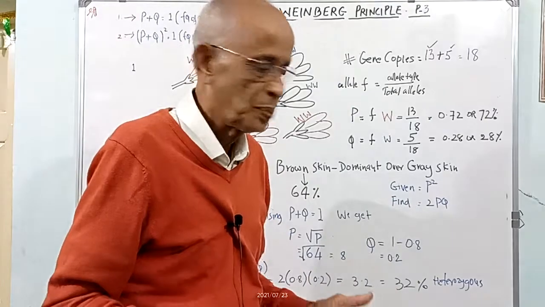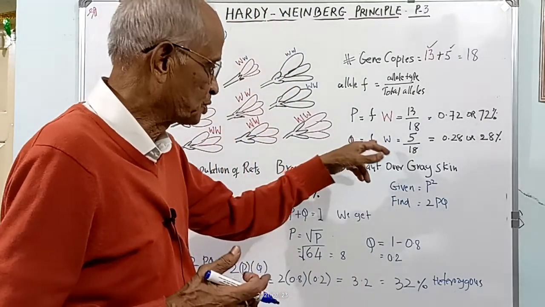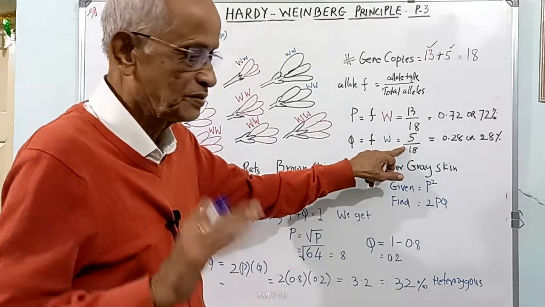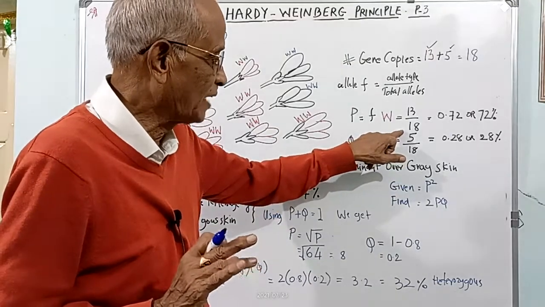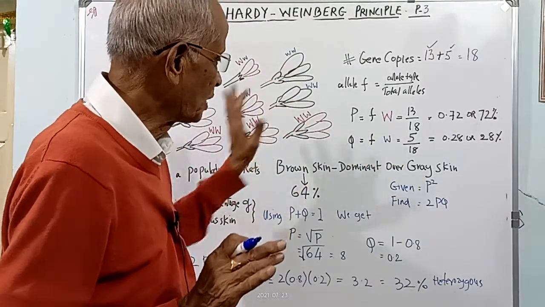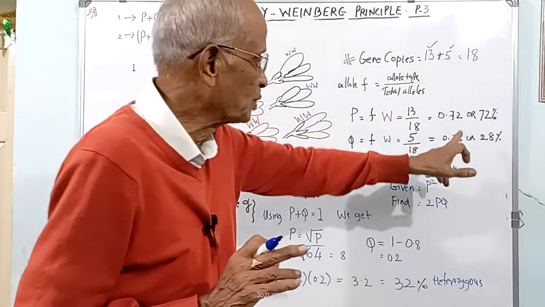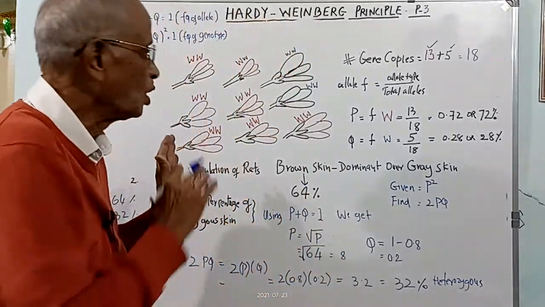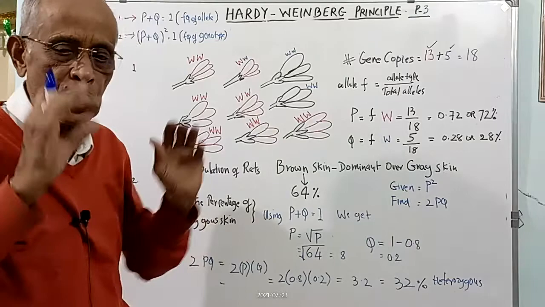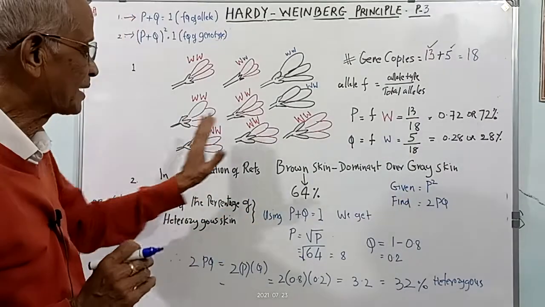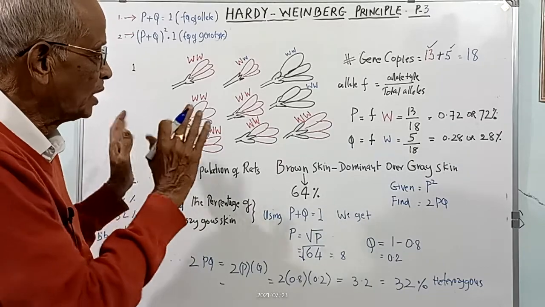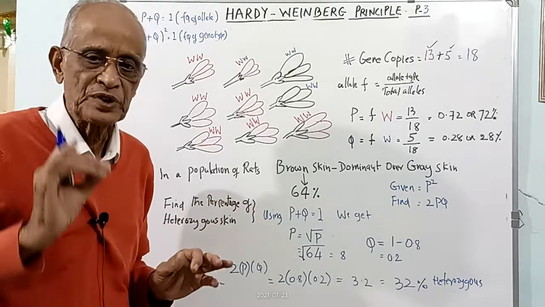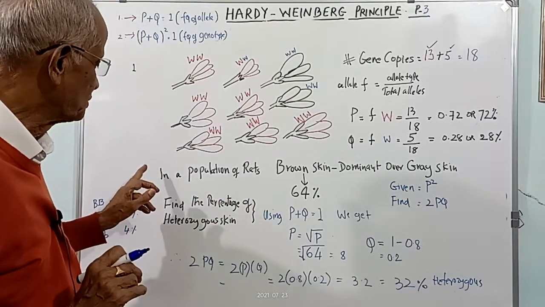dominant P. Same way, if you go for the recessive allele W, the total number of alleles given here in the population of 9 plants is 18, and 5 alleles appear in the total of the 18 genes, and that will give you 0.28 or 28%. So that is how we can calculate the frequency of the alleles. I think this diagram is very limited. It only tells you in a way so that you will be in a position to understand how allele frequency is counted. Now let us take up the second example.